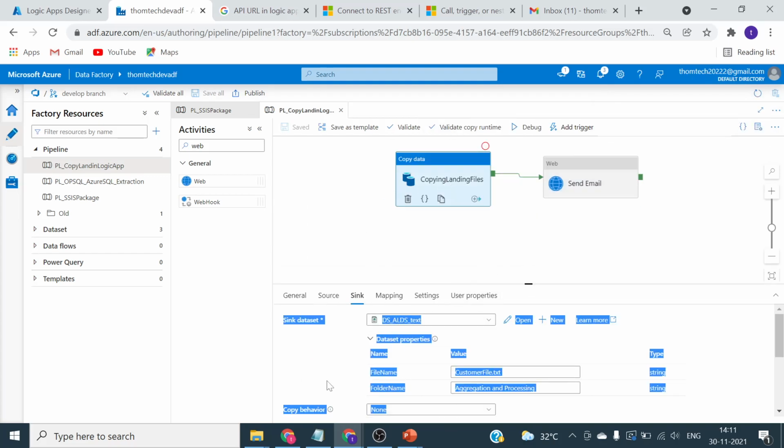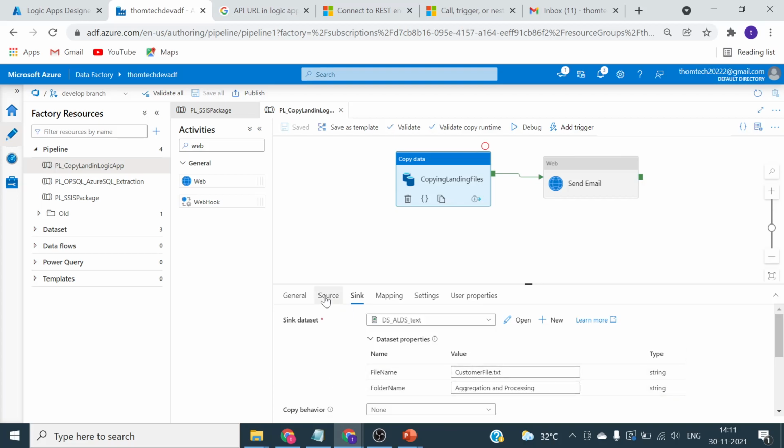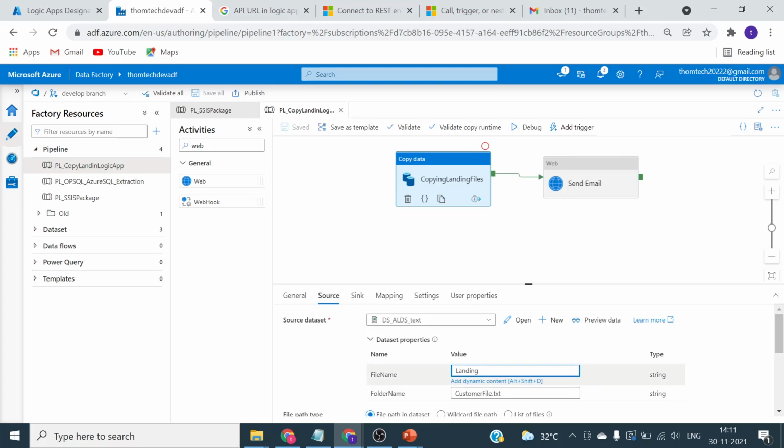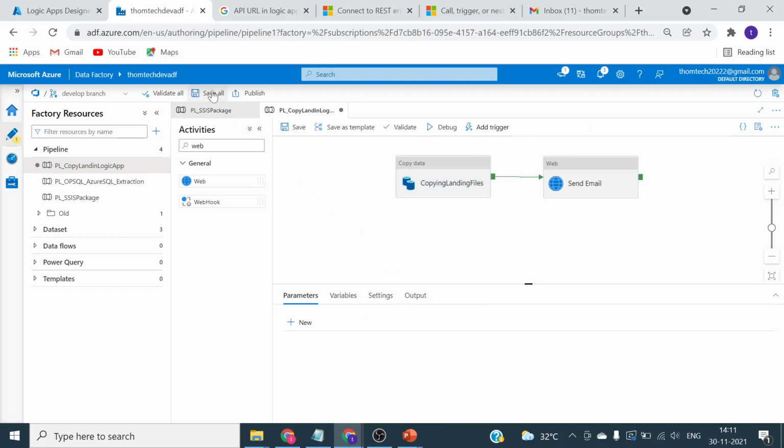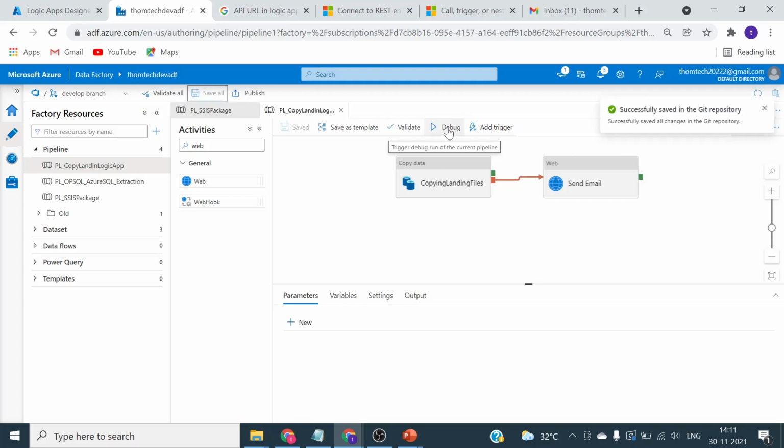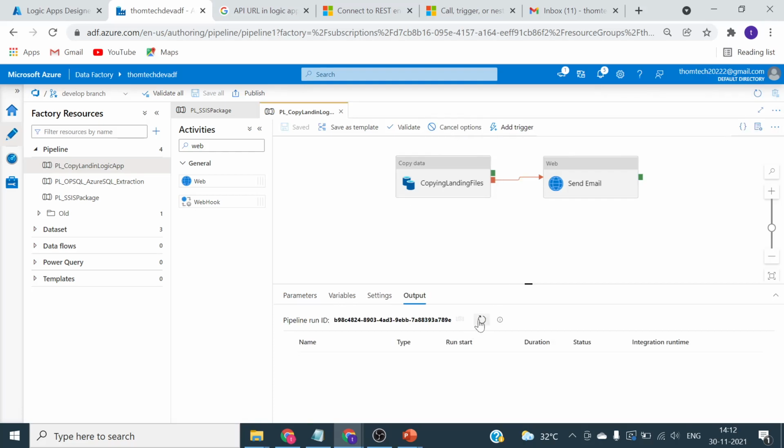Yeah, now we need to intentionally fail this as well, right? So what we can do, we can go to the source, and instead of landing folder we will make it as landing one, which is actually not an existing folder. This folder is not existing in the data lake, so it should fail, right? And our intention is to fail this. So click on this and change it to failed. Okay, then good, we can save it, and then let's try to trigger it. Let me just trigger it and let's see how it executes.